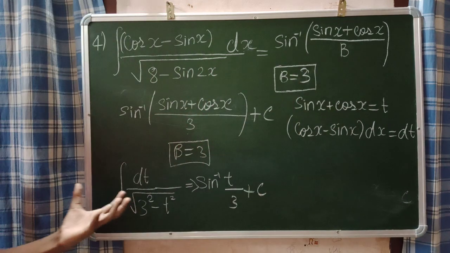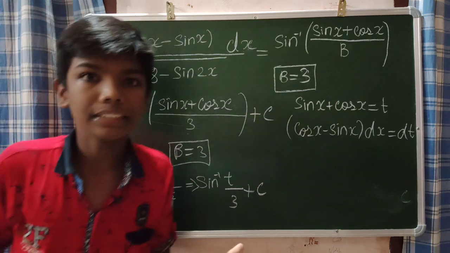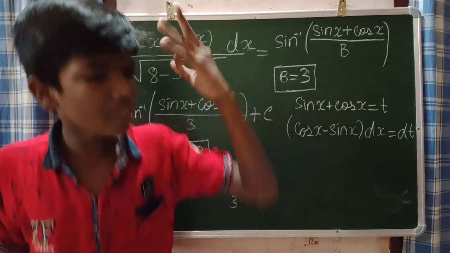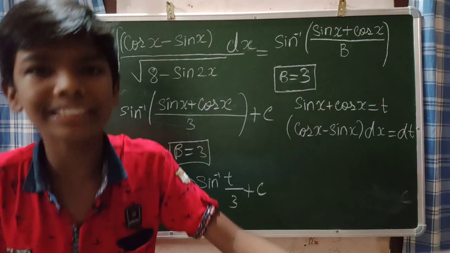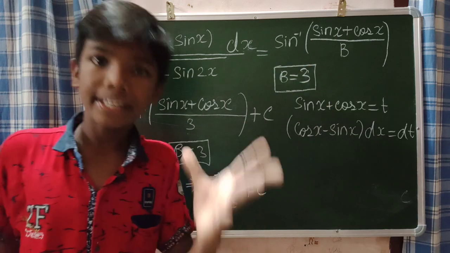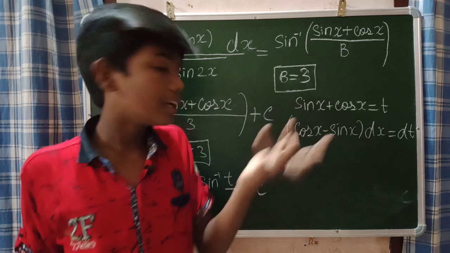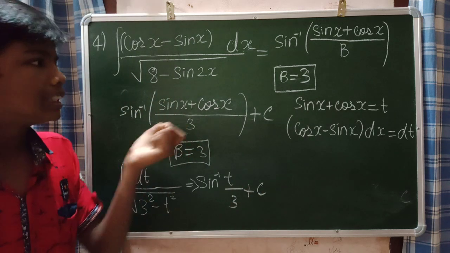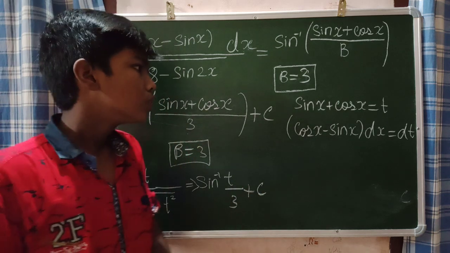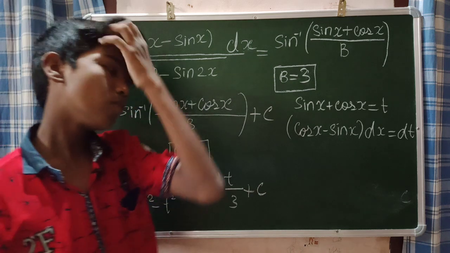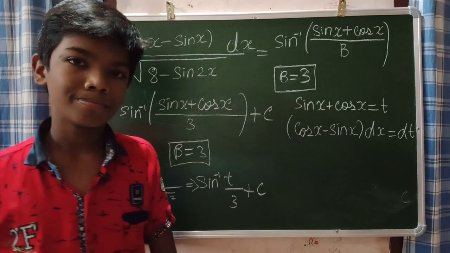So how we found it means the integration properties. Very important, guys. Integration, every formula, every property, every application is most important for an integration problem. So be pakka on that and be good in it. So the answer is equal to 3, guys. b is equal to 3. So this is all about this question. We can move on to our next question.